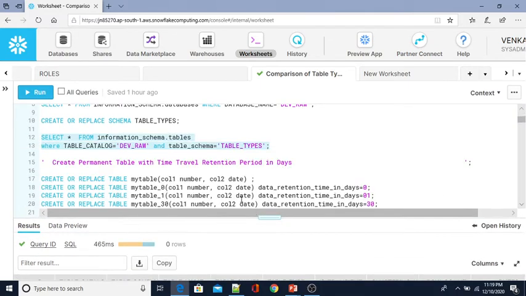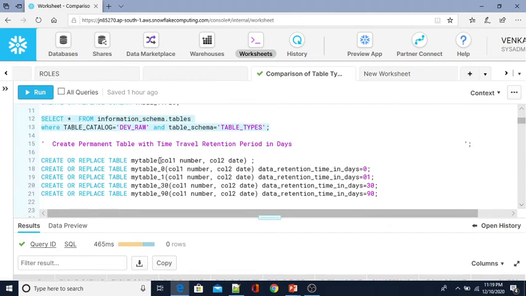Yes. Now what I'm going to do here is create permanent tables with time travel retention period in days. I'm going to create five tables with different data retention time in days. This is the parameter which you need to provide while creating an object like a table. So here I am going to create the table my_table without any value, just a normal table.